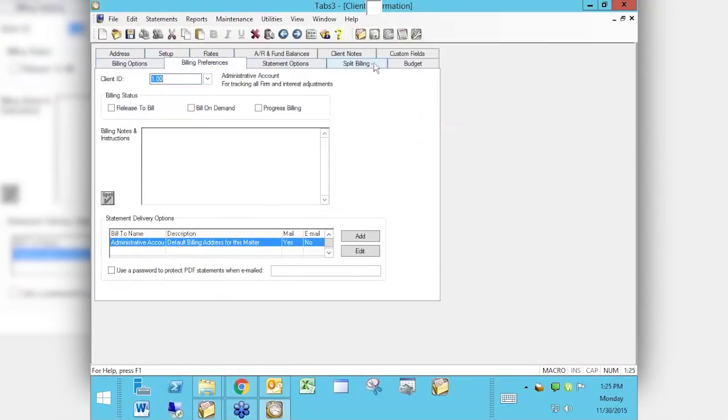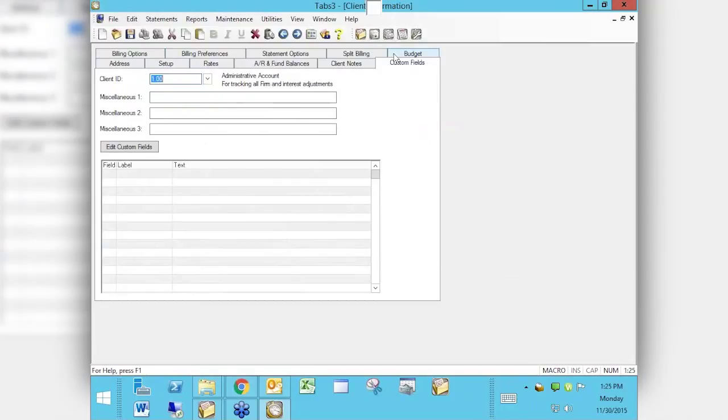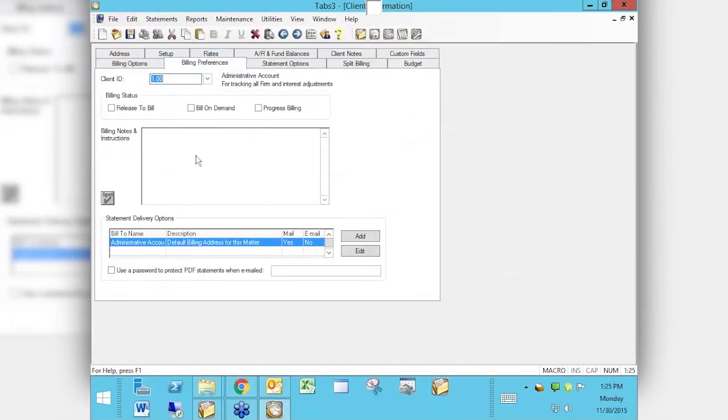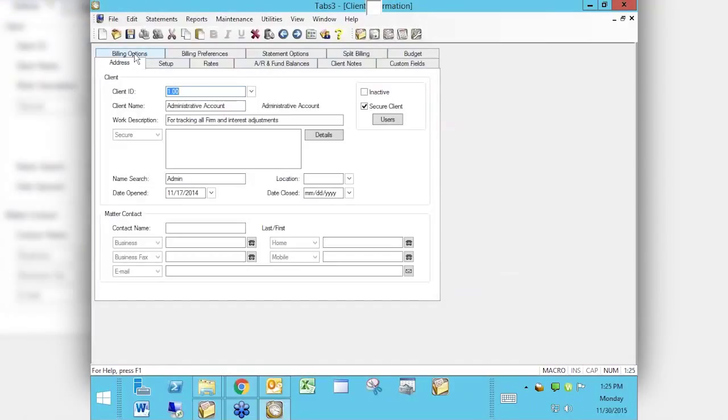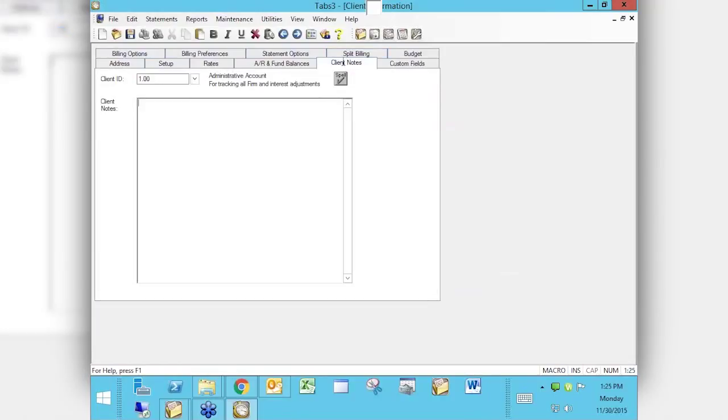We also have custom fields, that's where you find miscellaneous 1, 2, and 3. But the problem with that is those aren't free-form fields. Those aren't memo fields. So if we get to either the billing notes and instructions on billing preferences, or the regular notes right here, we can list all the adverse parties, and we can even put what they are. Plaintiffs,